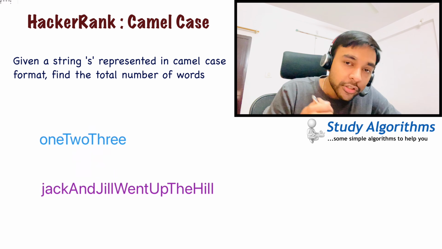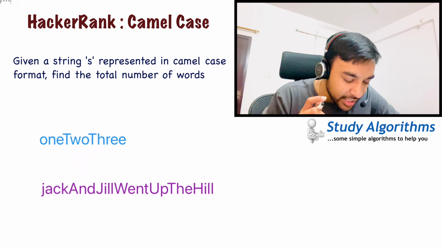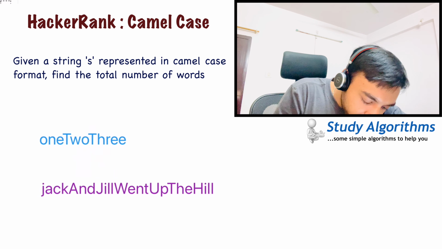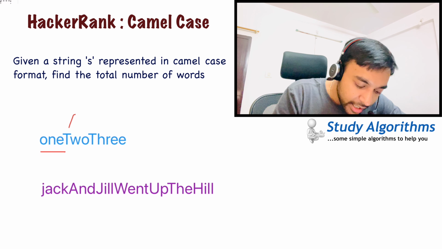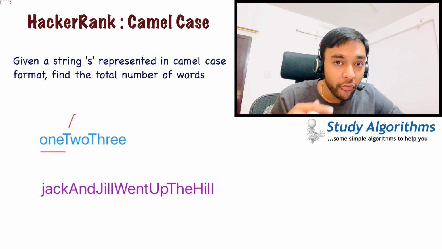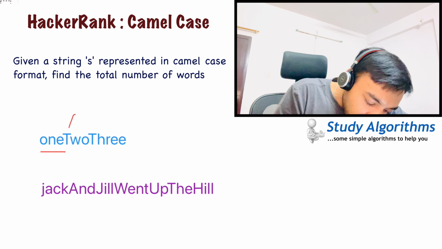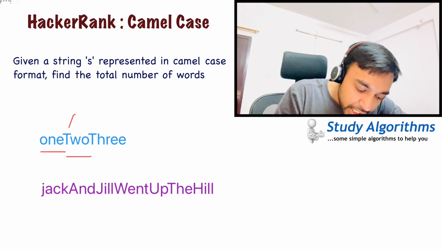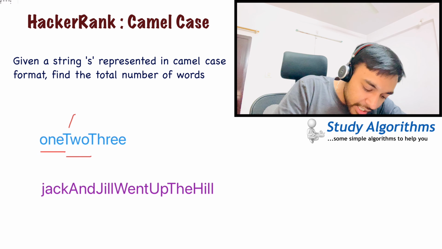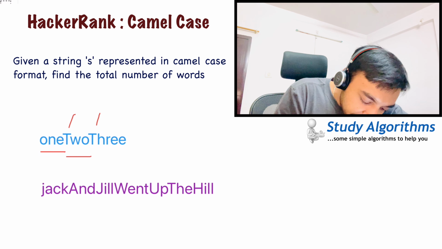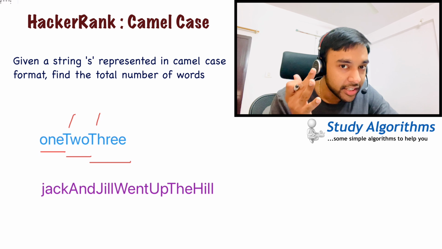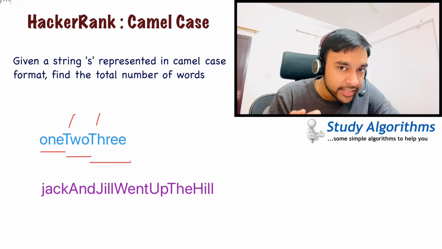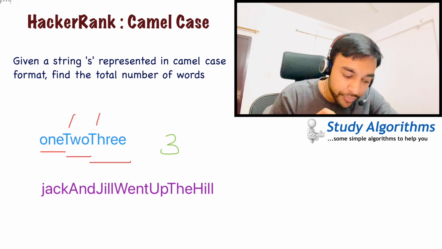So, following this property, you need to find out the number of words that are present in a string. So, for example, let us take up our test case number 1. You start off with the first word. It starts with a small letter and you find one word, right? Next, you see a capital letter, right? This is the starting of a second word. So you again start and you go all the way until you see a capital letter again. Once again, you see a capital letter. You will start once again and therefore you found a total of 3 words, right? So in test case number 1, the answer would be 3.